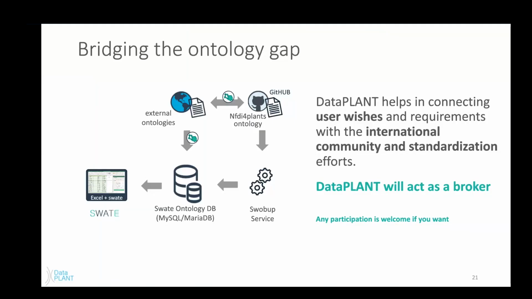So this ontology helps the researcher. If they go to type in a word or a new term that doesn't exist in one of our included external ontologies, they can easily fill out a simple form that then gets forwarded to the DataPLANT team, that we can then add to our broker ontology. And so that means that that term is then available to the researcher as soon as possible. We then plan to, by this little double arrow here, over time, work to push that particular term or word to the relevant external ontology.